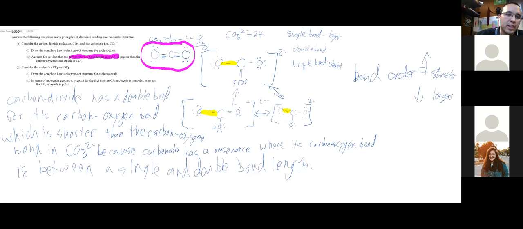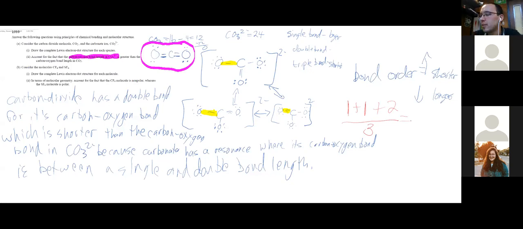So let's say that we're looking at this carbon and this oxygen bond, the ones that I just highlighted in yellow, right? In the first one, it's a single bond. In the second structure, it is another single bond. And in the third structure, it's a double bond. Now, how many resonance structures were there? 3. So if we add up its values and we divide by 3,